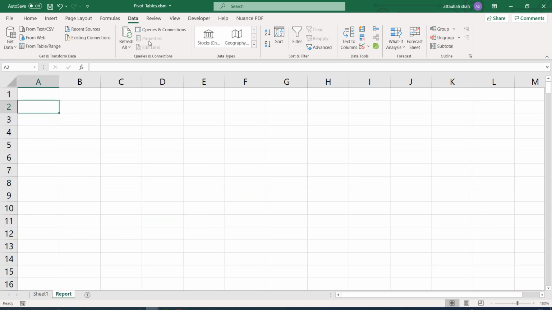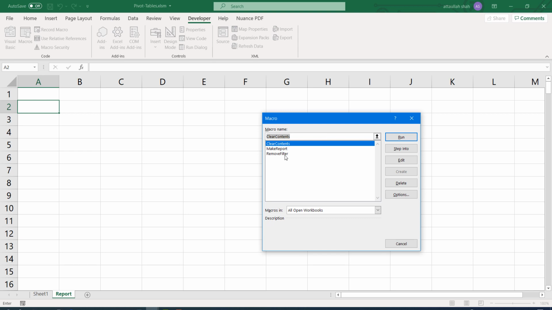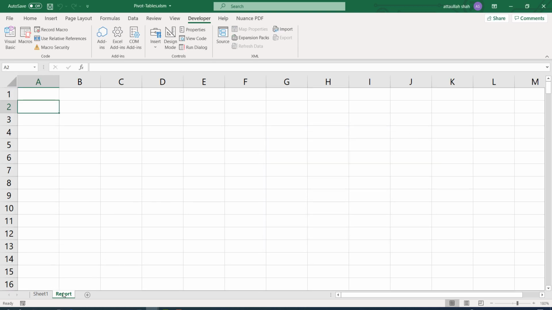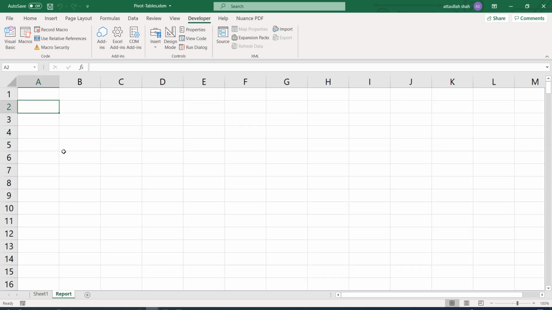So this is what the macro should do. Let's go to the developer tab, macros, and remove filter, and then run. Okay, so now let's see. All the steps were completed. Yes, the filter has been removed, and we came back to the report sheet.